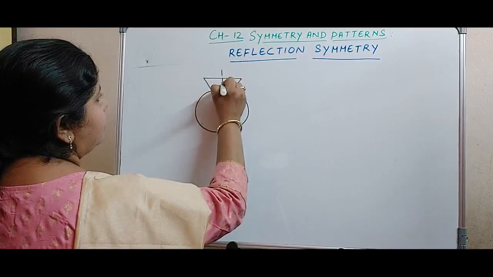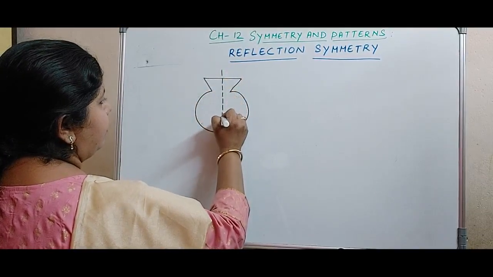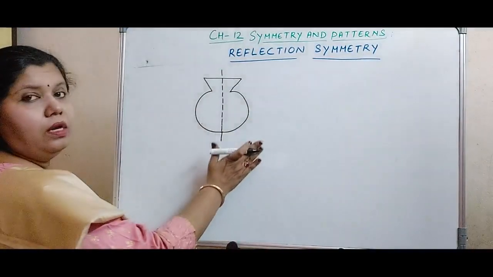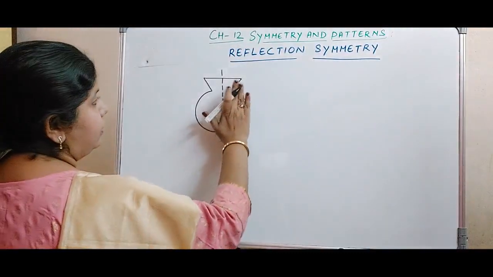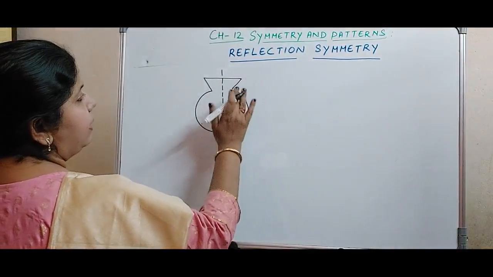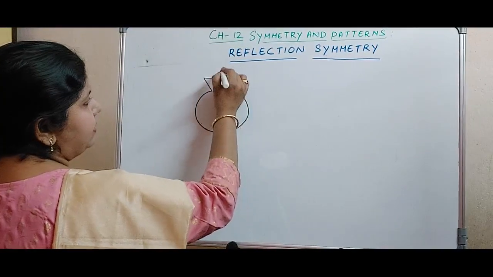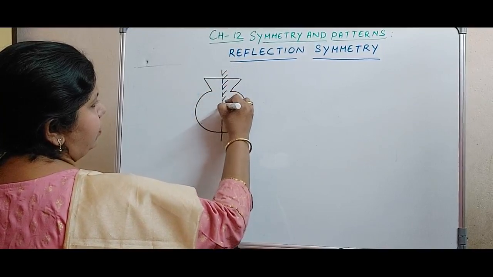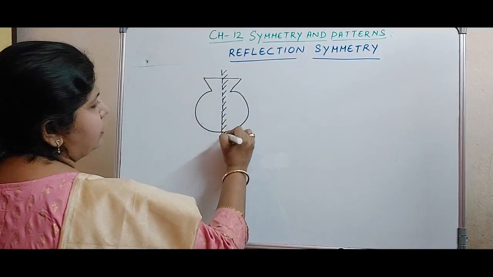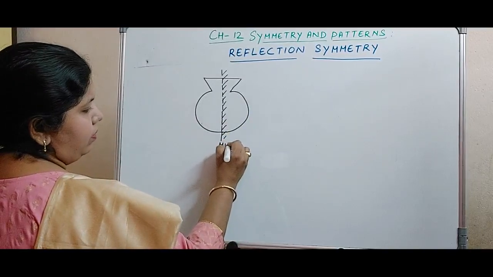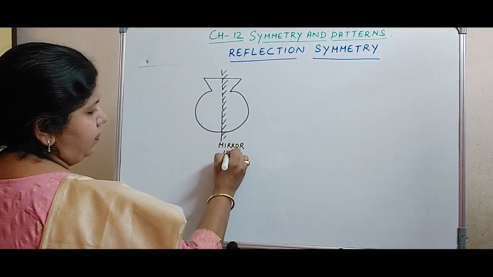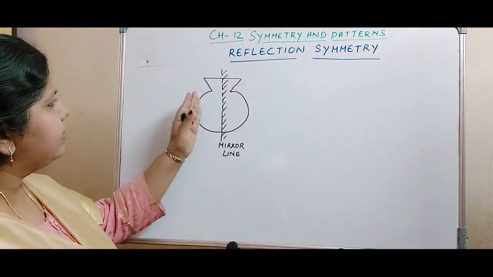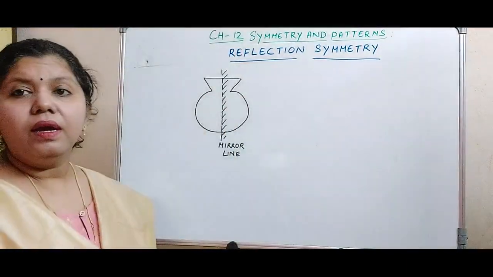Okay, so suppose this is the line. I have not drawn the other side here. Just think that I have not drawn the other side, but when I keep this line as the mirror, I am drawing the shading also. This line is the mirror. Okay, it is the mirror line. So what you get is exactly the same, identical thing, the other side.